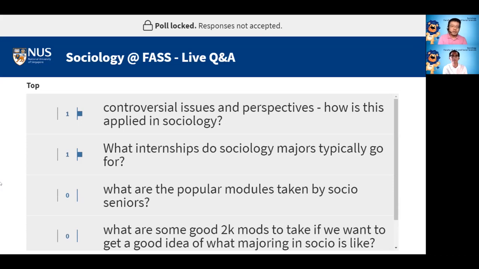For example, I've got into trouble before with some groups of people talking about LGBT issues and homosexuality. But I was coming from a sociological perspective, saying that it is a fact that there are people who identify and feel that they are homosexuals, and they are facing certain mental problems because they are not accepted by the people around them or their family members. So we need to treat these as facts.